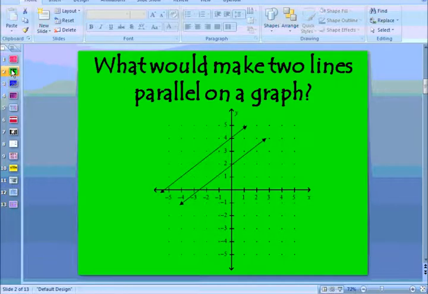There's got to be a reason though. We have to be able to prove this statement. Also, we need to make sure that our two lines are not overlapping. You can have two lines on a graph that are on top of each other. So let's say, for example, I have one line